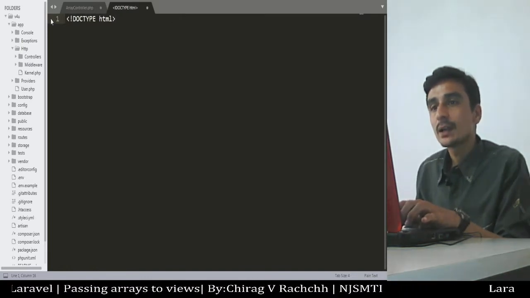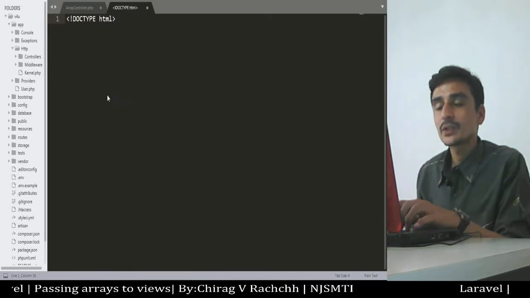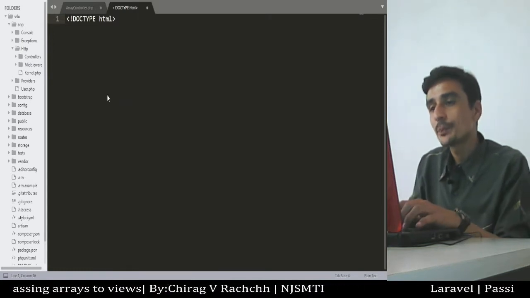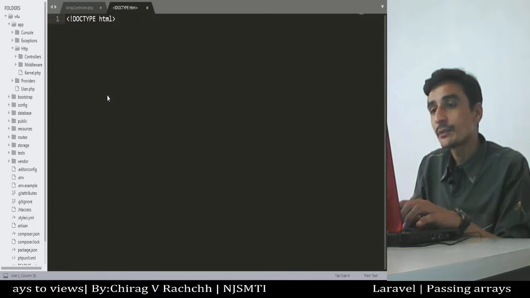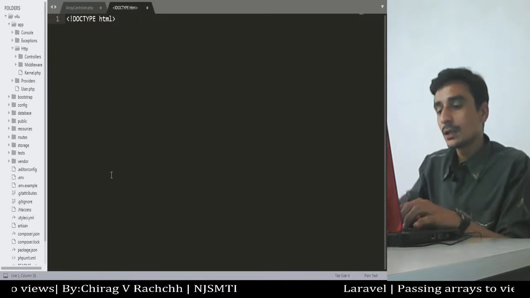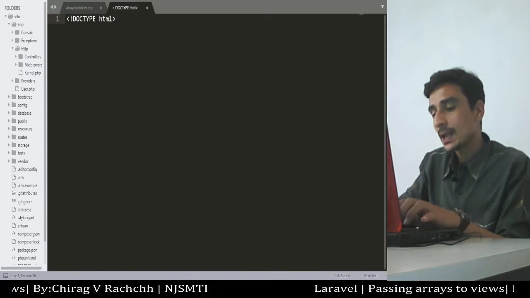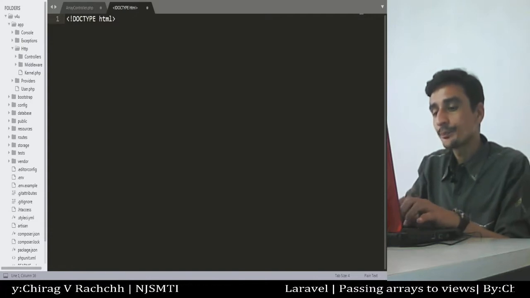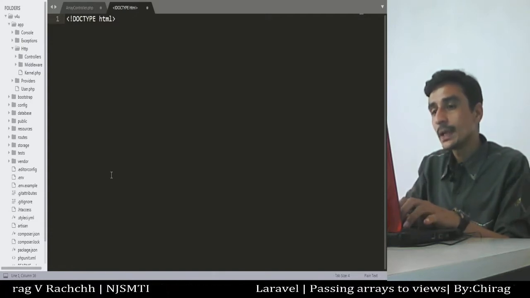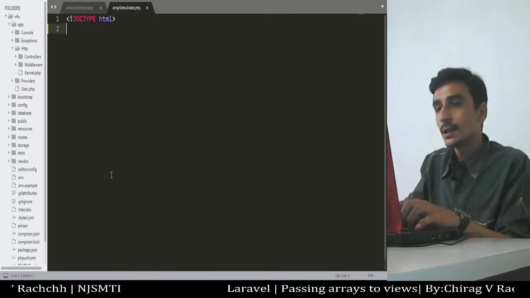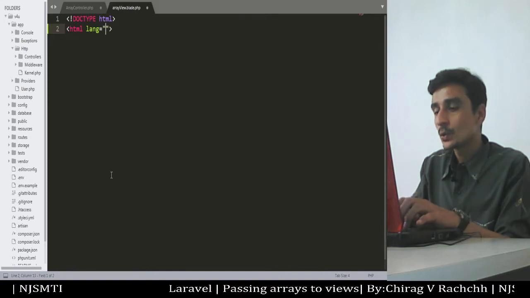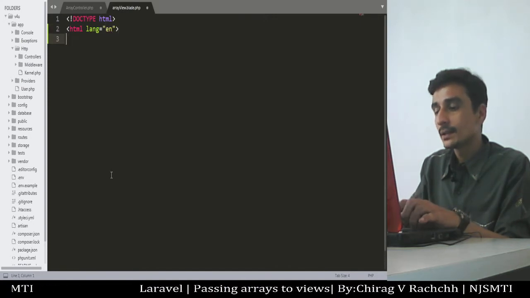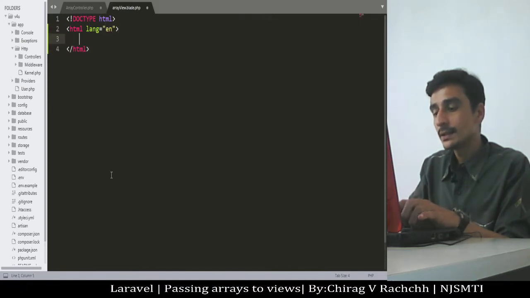That's why I have written the syntax which we defined in my previous video. I will save this file in resources, views, and name it arrayview.blade.php, and then write the HTML tag with lang equal to en, then the head tag.